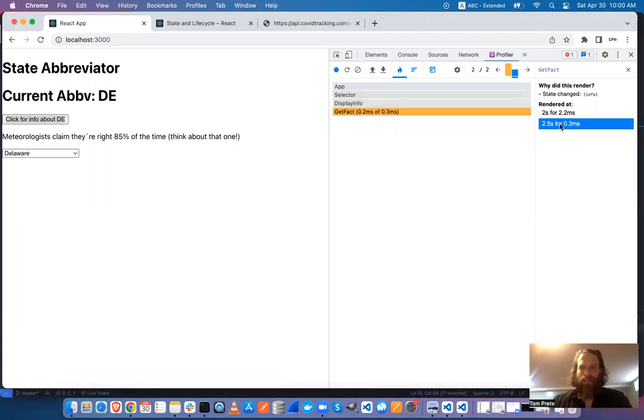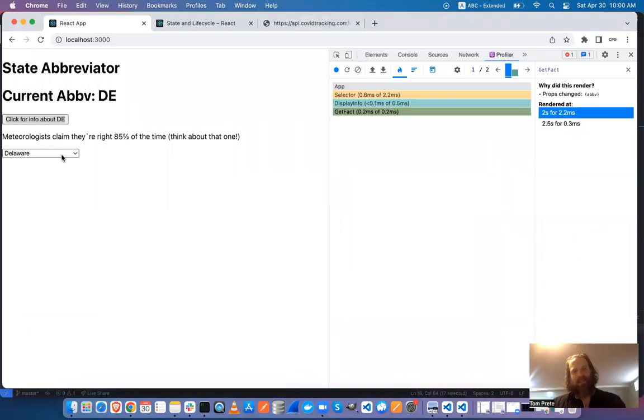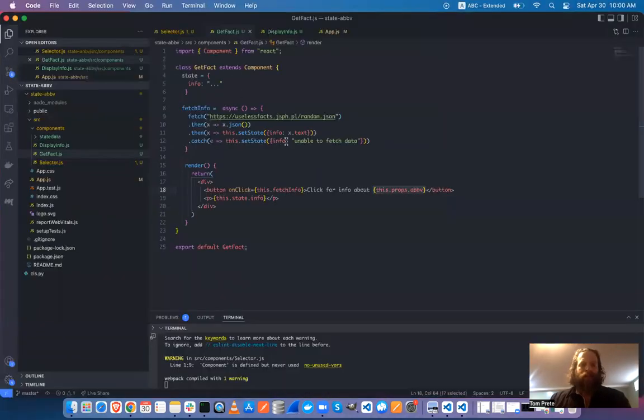The second re-render happens for a different reason. So the first re-render is because the props changed. I clicked something new and the props changed. The second one is because the state changed. So here,